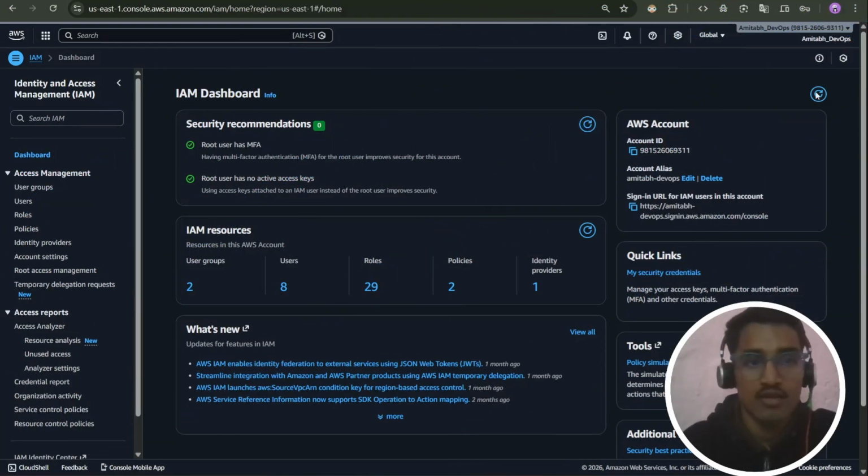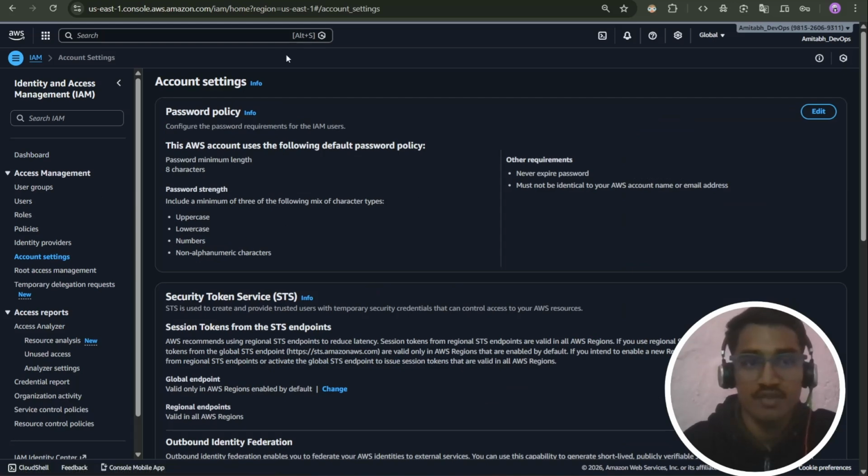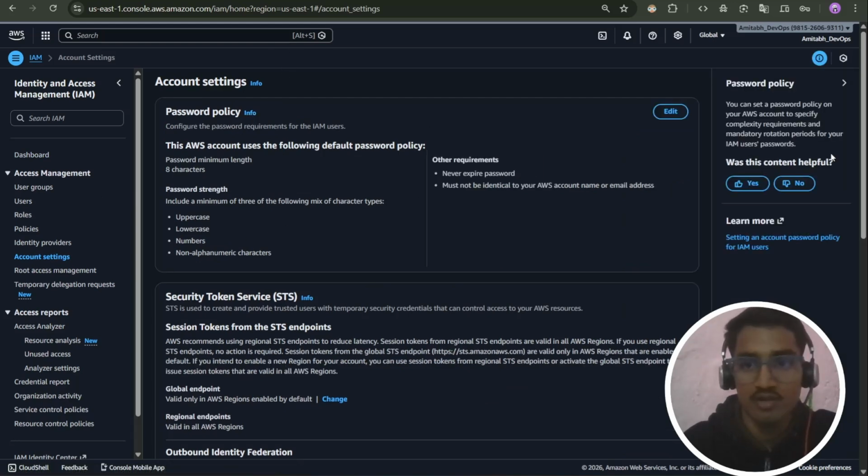So for that, log into your AWS account, go to your IAM service, and in that, click on account settings, and you can see the password policy. You can set a password policy on your AWS account to specify complexity requirements and a mandatory rotation period for your AWS IAM user passwords. Basically, if you are creating an AWS IAM user and you don't want that user to have an 8-character password length, you want a 14 character length or whatever you want. And if you want the password strength to be stronger and other requirements changed, so for that